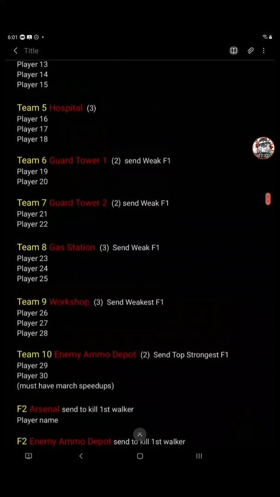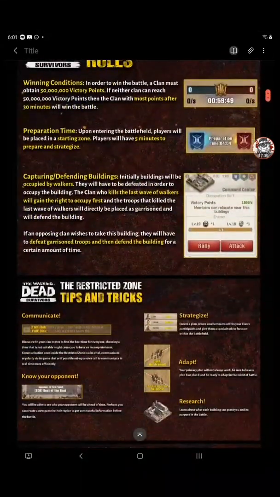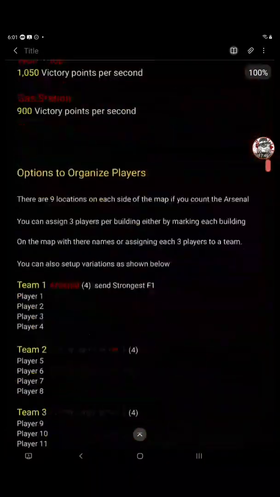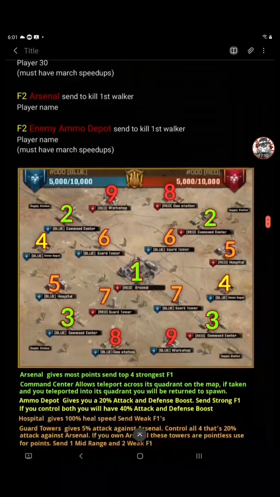Okay. If you look up here, I'll show you what the monster levels are for the walkers. It's only a level 19, a level 16. So most players, their F2s, F3s can take those. Okay, go back here. That was the basics for setting up a team. This is